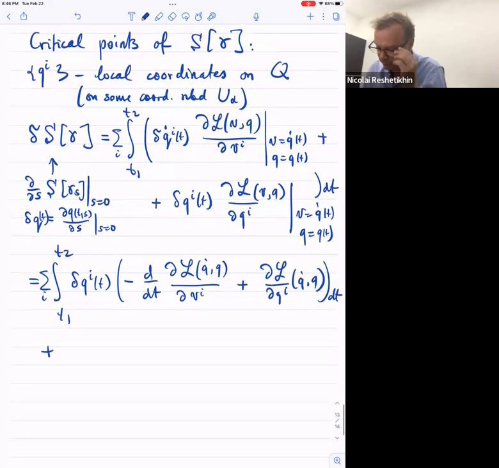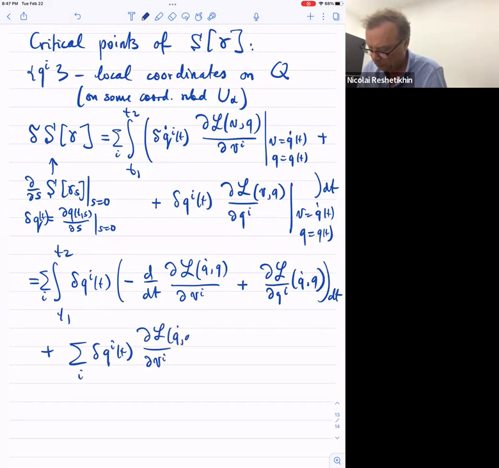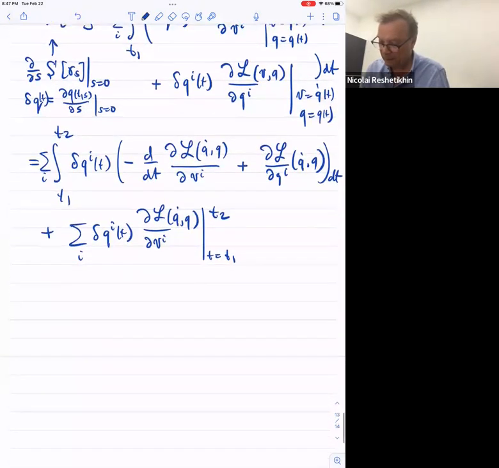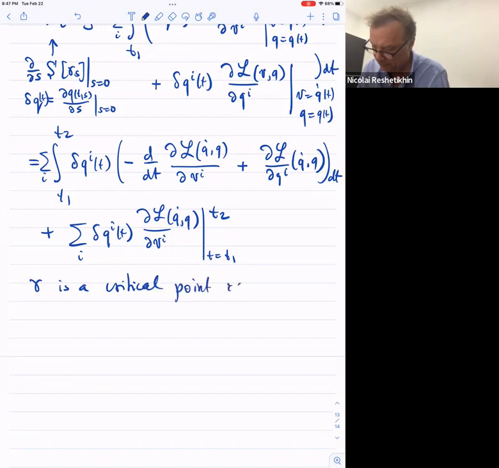But then I integrated by parts, so I have to take into account boundary terms. So it will be delta q^i, and then dL/dv^i of q dot q, t equals t1 to t2. And so gamma is a critical point if